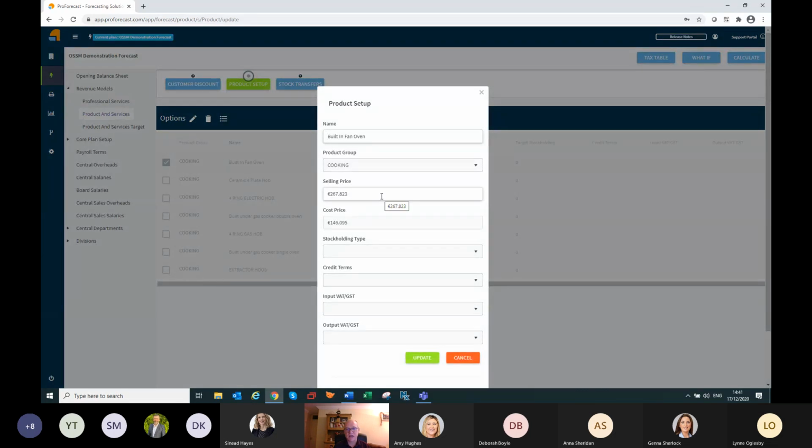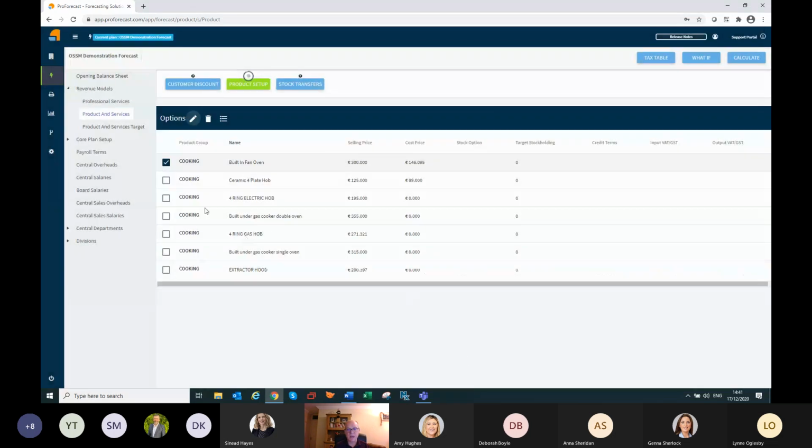And I might, for forecasting purposes, it doesn't write back to Sage 200, but I might, for forecasting purposes, decide that I want to see the effects of increasing the price to a certain amount. And this again is purely forecasting, so it's not writing back into Sage 200. So you can do items like that, and then we can go into our product and services